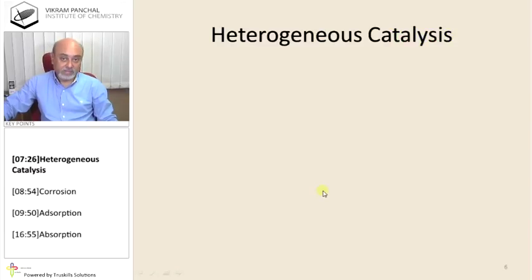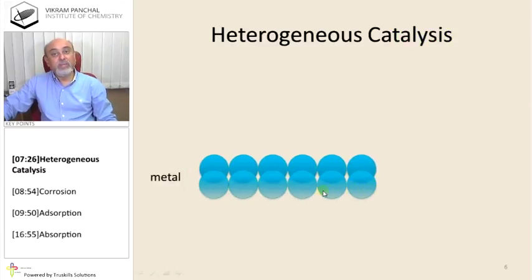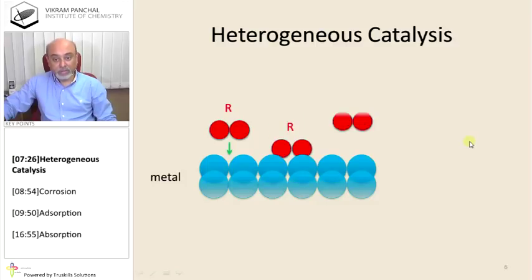Heterogeneous catalysis. There are two types of catalysis: one is homogeneous, another is heterogeneous. Let us take heterogeneous catalysis. Example, a metal which is solid is a catalyst, and on top of the metal, gaseous reactants take part in the